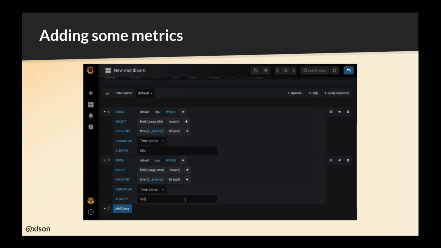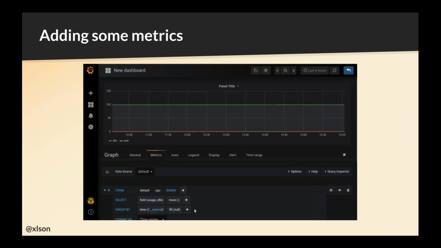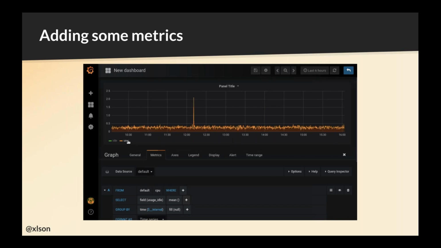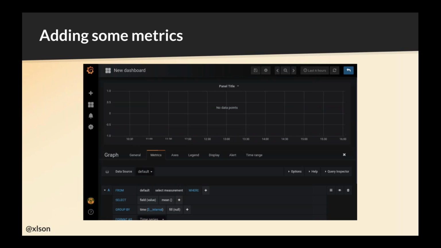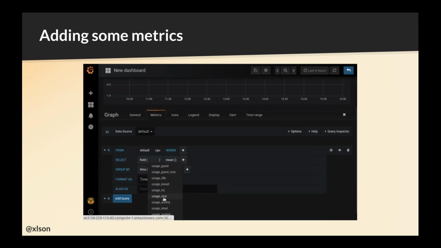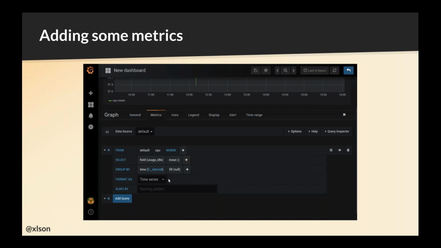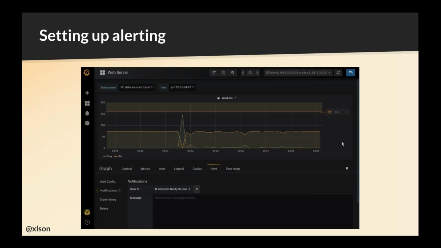So that's something we're working on a lot as well. We want to make Grafana as easy to use as possible. You shouldn't need to be a pro at Grafana to get started and start using it. And you shouldn't need to be a developer or ops person either. If you have business data, why not have the business people come in and create their own dashboards as well? So, now we've done the graphing and adding some metrics, and let's go over to